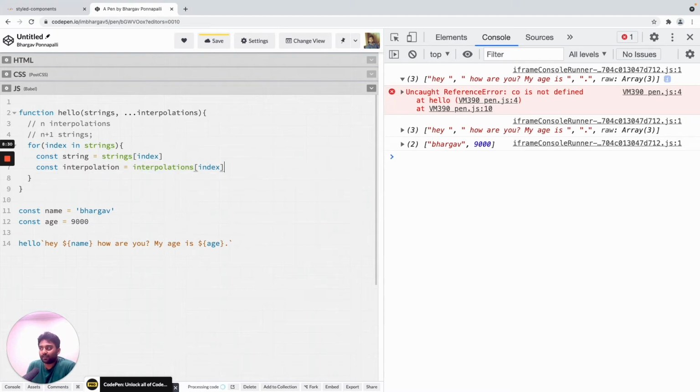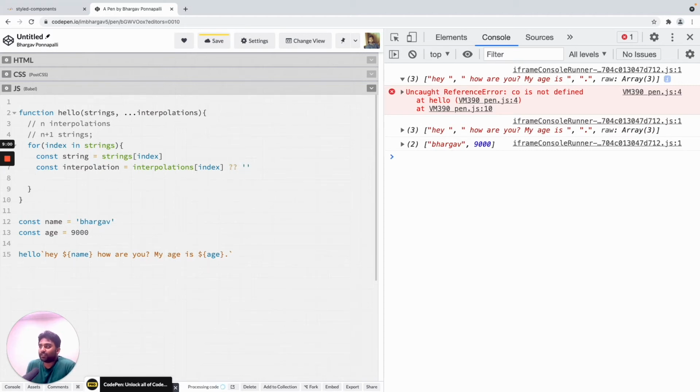Note that at the first position index is 0, so the n plus 1th item has an index of n. At this point we probably will not have anything, so it's probably going to be undefined. In which case I can just simply put in double question mark and then an empty string. So basically if it exists, it will take that. If it does not exist, then I'm going to take simply an empty string.